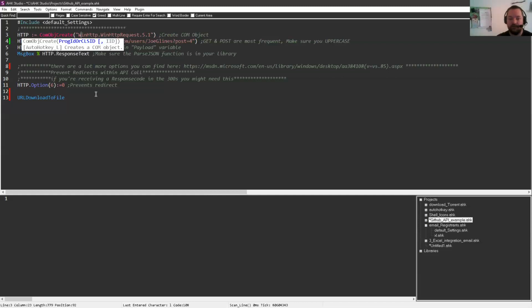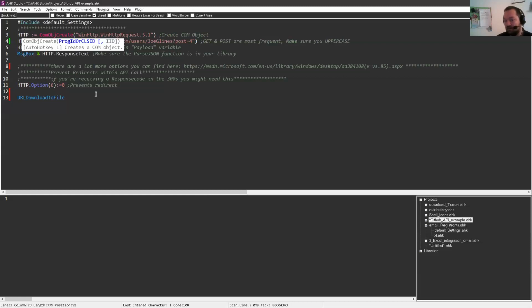Yeah, and that's the thing, right? When you begin moving into APIs, a lot of the time it's not a matter of you just wanting to get something. URL download to file is mostly the get function, where if you actually want to post something or send something, then you'd need to move into something a bit more complex, like this WinHTTP one.